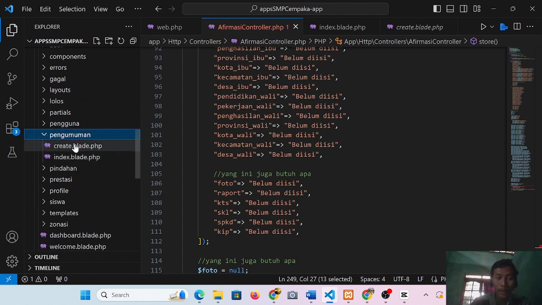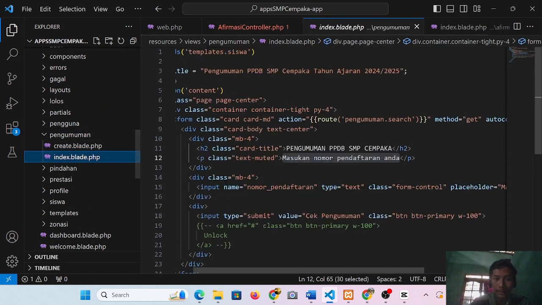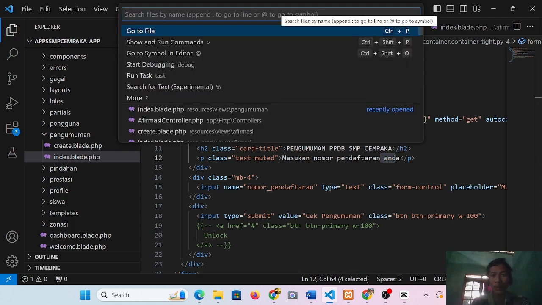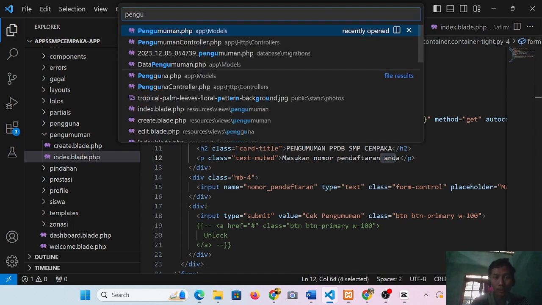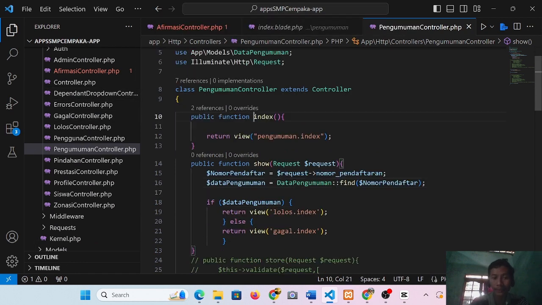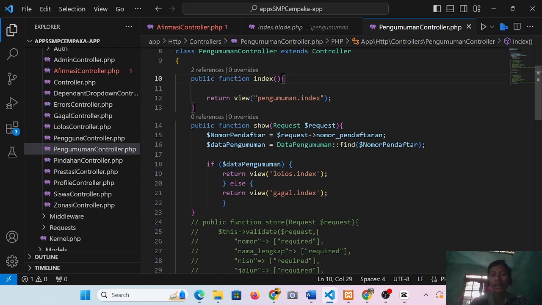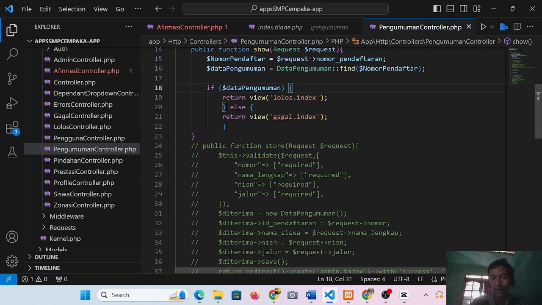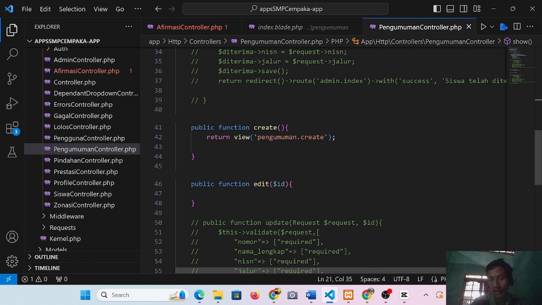Maybe in the pengumuman, in the index pengumuman, we can input the nomor pendaftaran. For the controller, we can see the pengumuman controller, which is the controller of all the pengumuman pages. It has the index function for showing the data, and then we have a percabangan: it will return the view lolos or the view gagal.